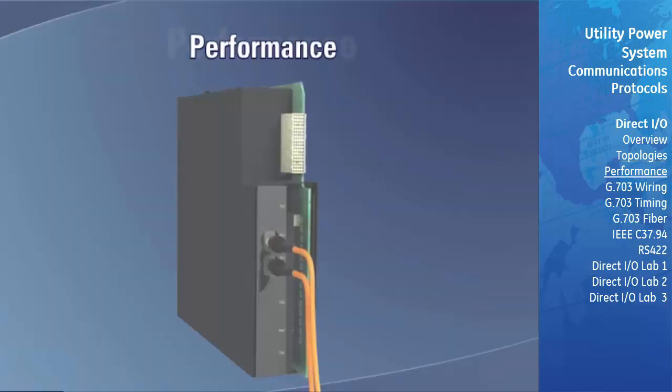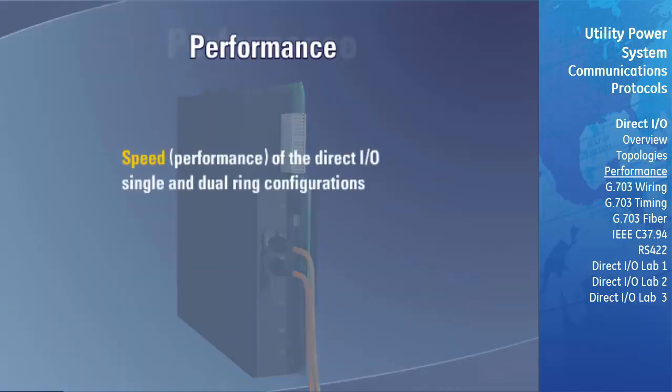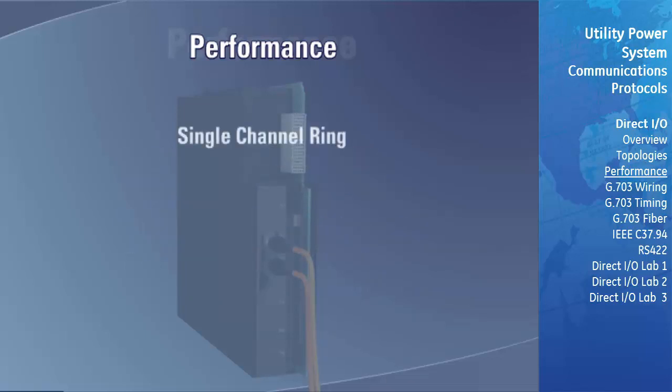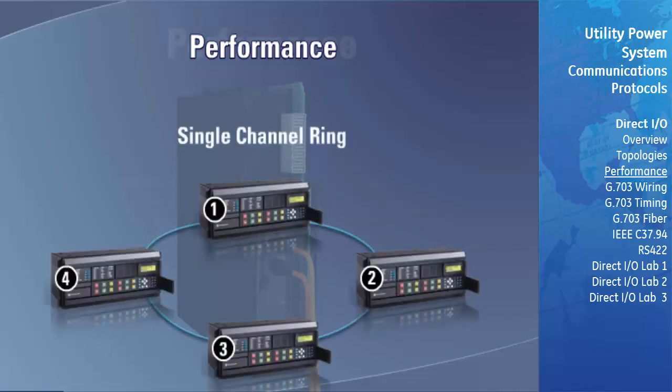Let's take a look at the speed or performance of the direct I/O single and dual ring configurations. The timing is very different for single-channel cards as compared to dual-channel cards. With single-channel cards, direct output messages are sent in only one direction. When a message is received by a module from which the message did not originate, it will forward the message